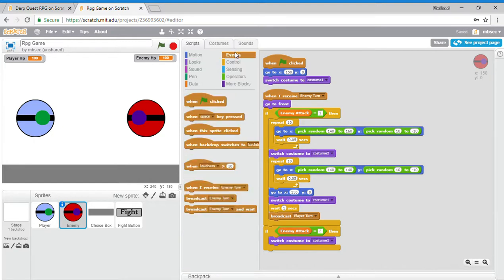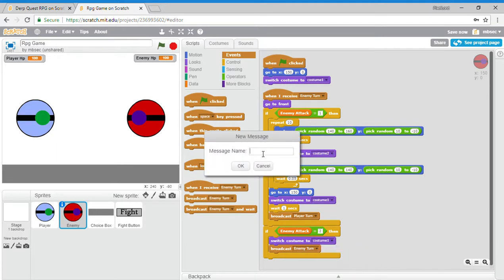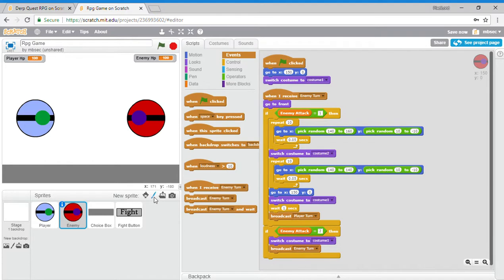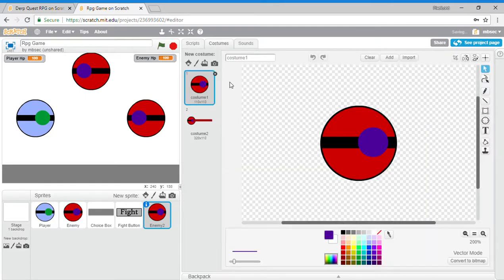And then broadcast a new message called, actually no, wait, so then duplicate enemy, get rid of that,